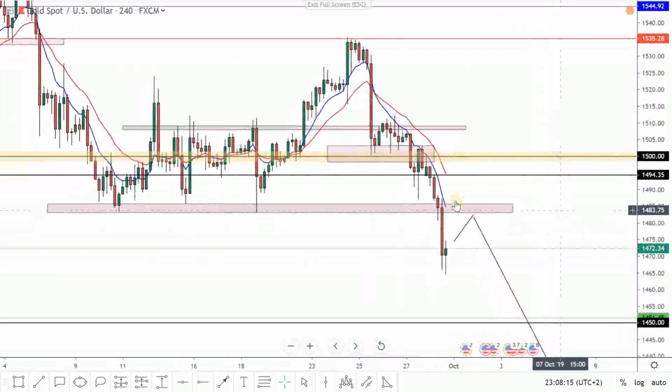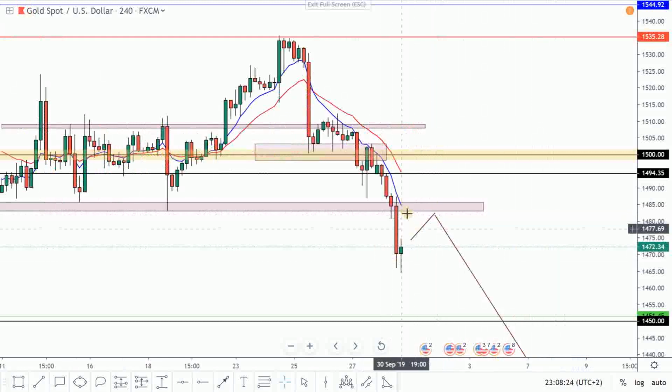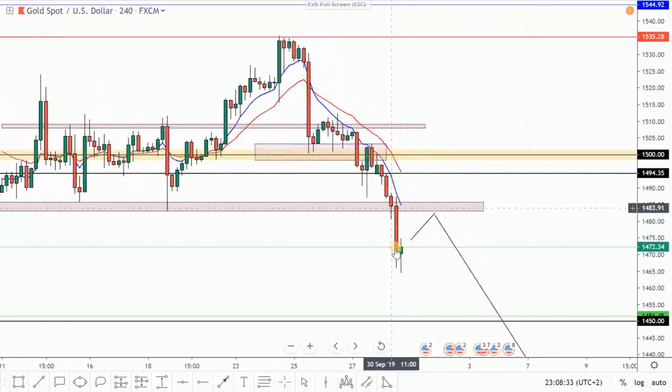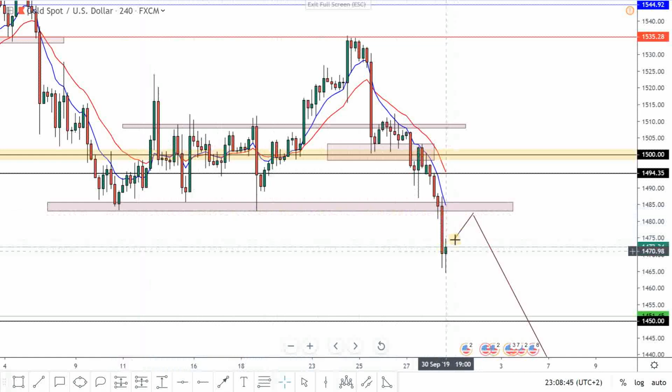If you saw the analysis and entered a sell trade from here, you probably have achieved like 170 pips so far. So if you missed this entry, it's okay, because you have another nice entry. I think we can wait for the price to retest this area. As I said, it's a very important block and very important area in the gold. So I think that the price should go up again and revisit